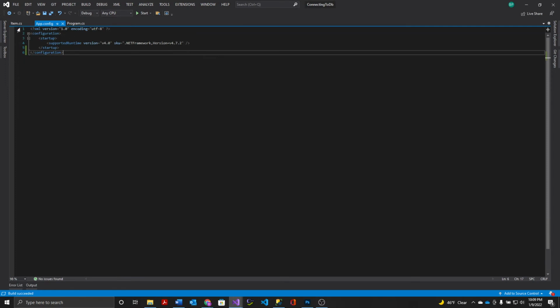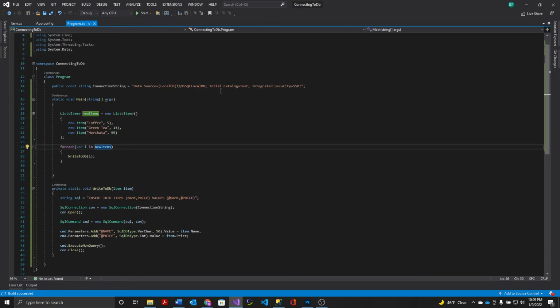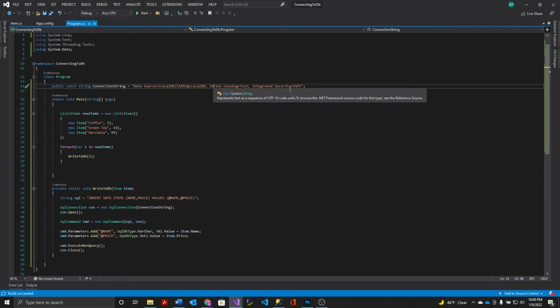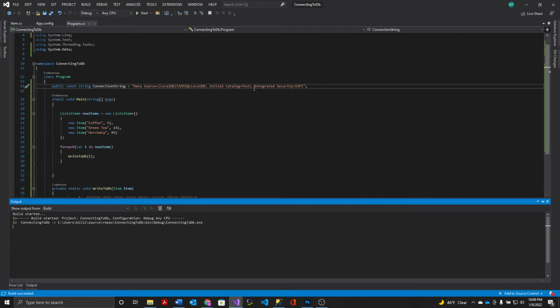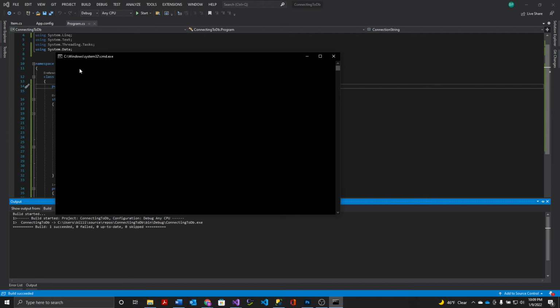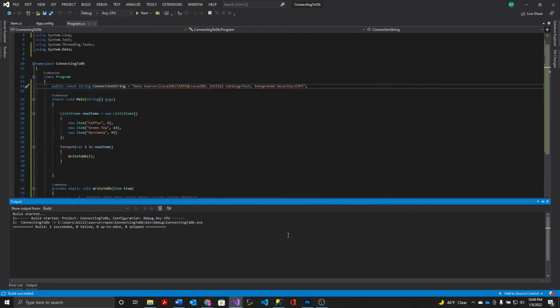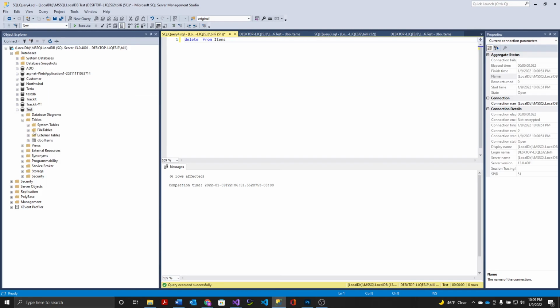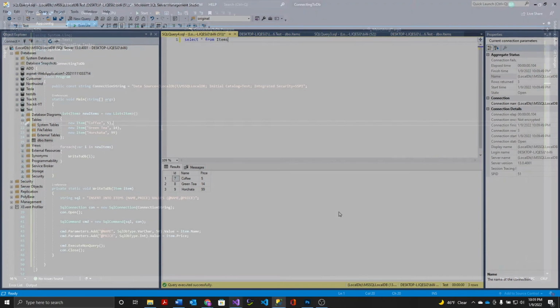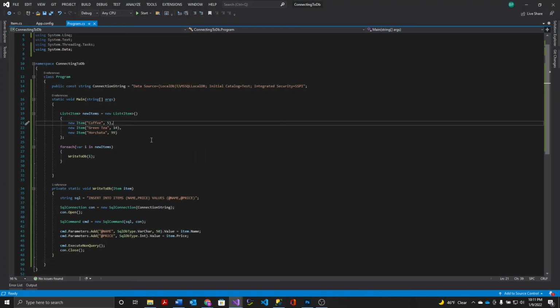All right, I think I misspelled something. Right there, missed the I. All right, cool. Let's run it again. All right, let's go to our database and let's select all the items from the database. And there you go. All right, now that we tested our write to DB function, let's create our read from